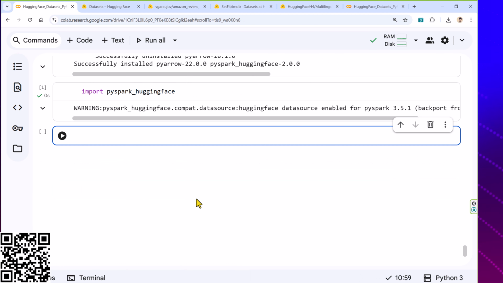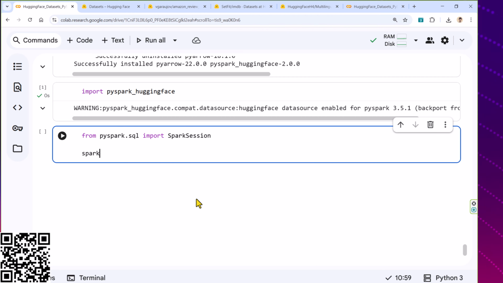Let's import. Since we killed all libraries, we need to load again from pyspark.sql import SparkSession, and spark is going to be SparkSession